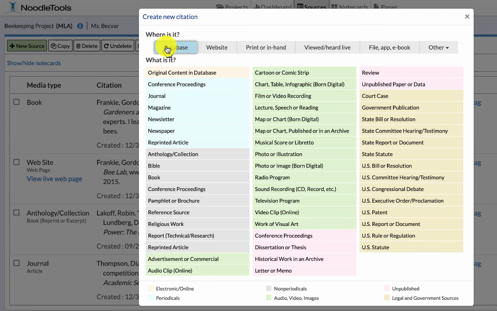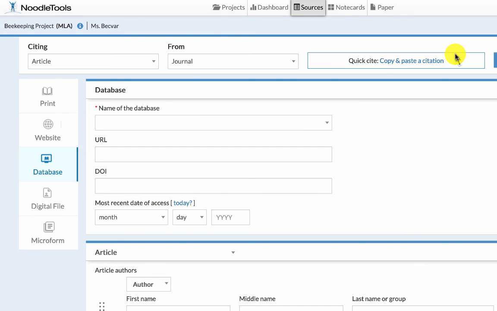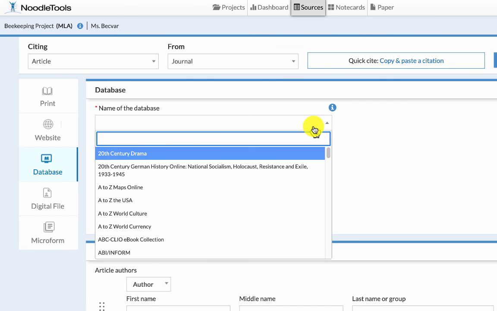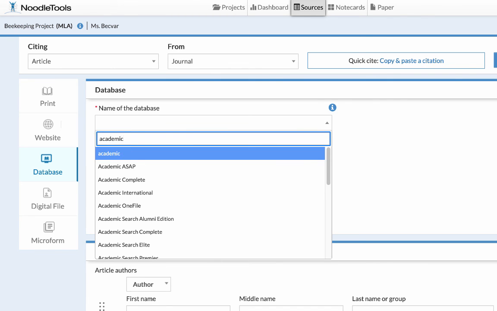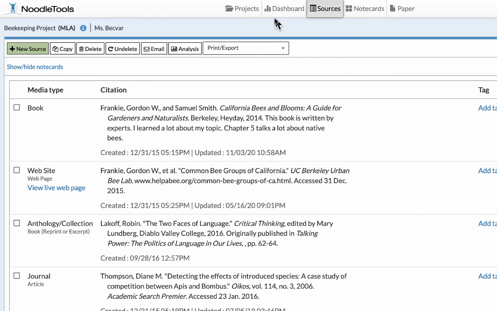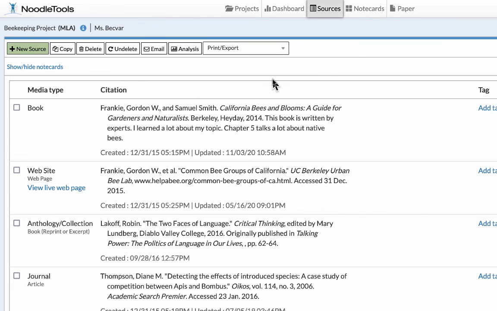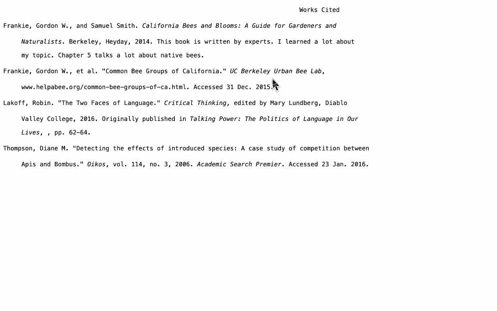What I love about it, and I think the best part about it, is that you can enter in all of the pieces of your citation. So that's the author, that's the page numbers, that's the volume, the issue, the journal that it came from, the link to the database, all of that stuff. You put all that into Noodle Tools and it actually formats the citation for you. So it puts the commas in the right place, it puts the italics in the right place, and you don't have to think about that piece of it. You just have to make sure you pull the information from your source to go into that.